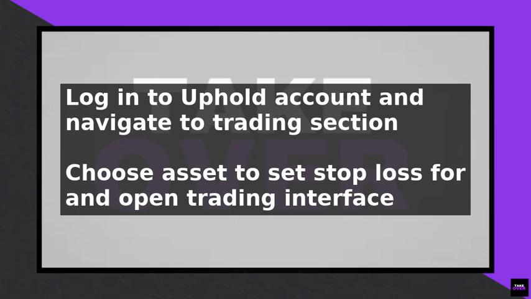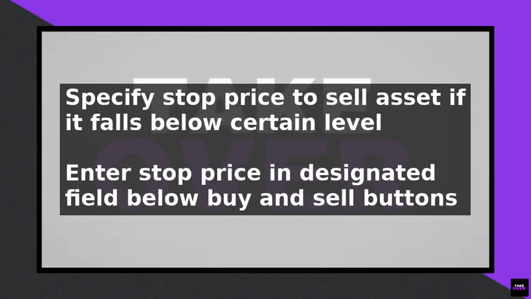To set a stop loss, you need to specify the price at which you want to sell the asset if it falls below a certain level. This price is known as the stop price. Enter the stop price in the designated field, making sure it is lower than the current market price for a